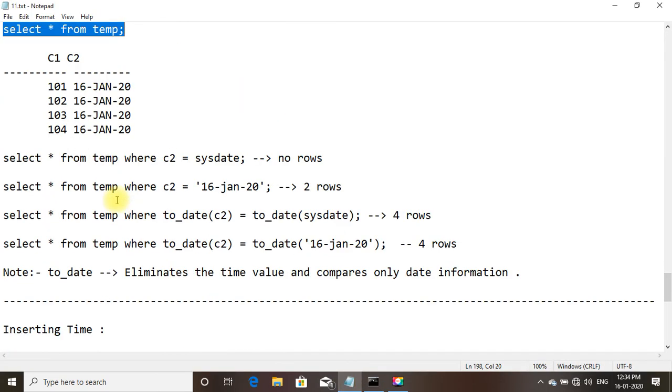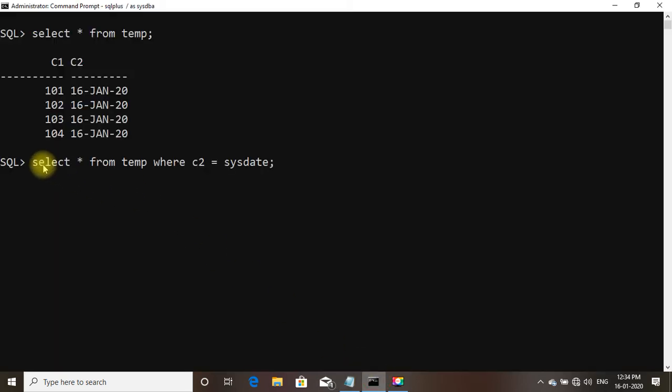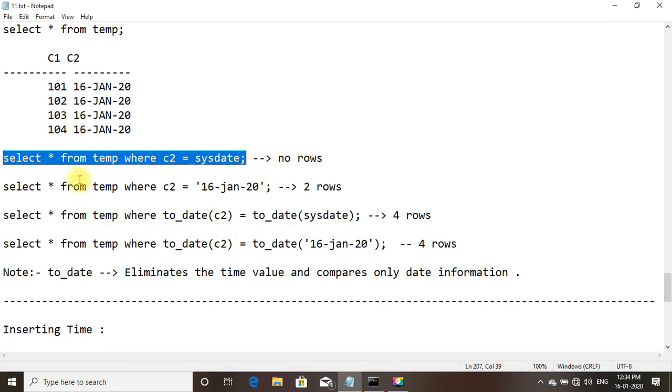Now we shall try these examples. Select star from temp where C2 is equal to sysdate. It shows no rows selected. Though today is 16 January, it's showing no rows selected.